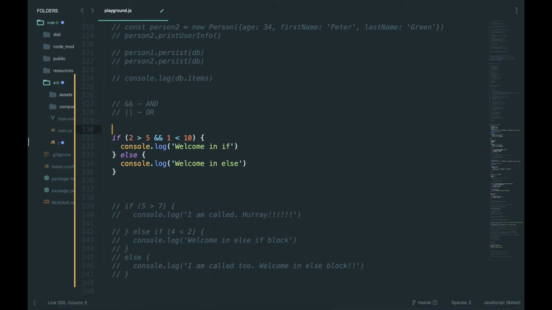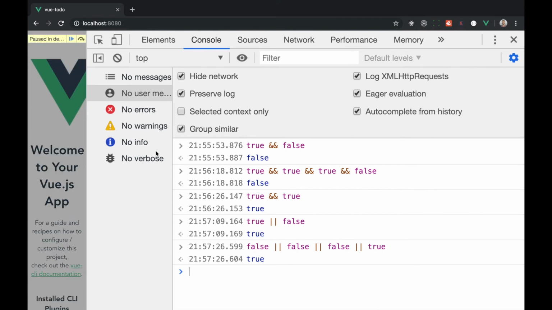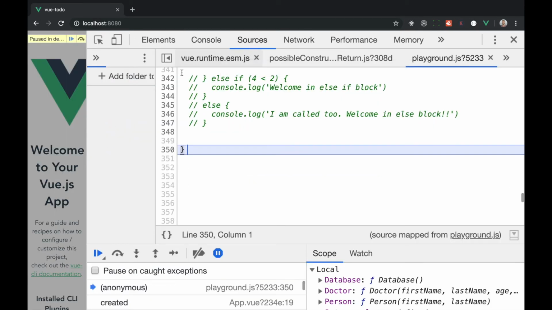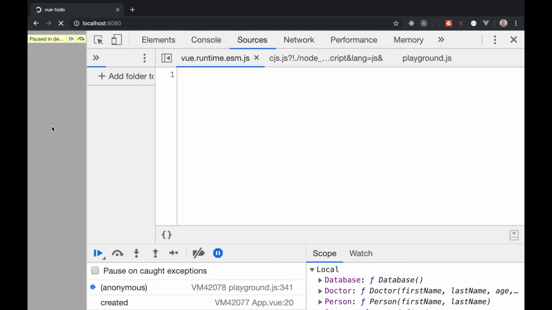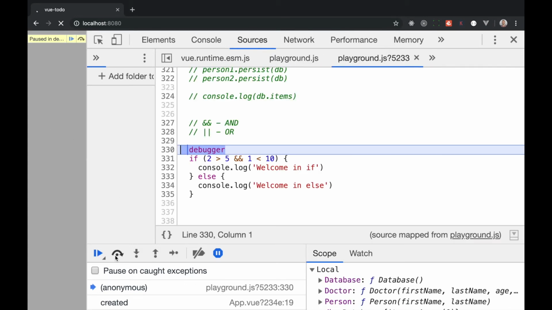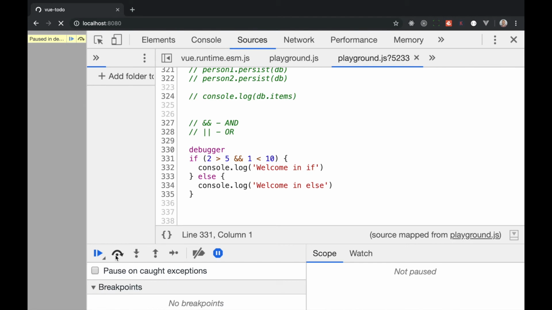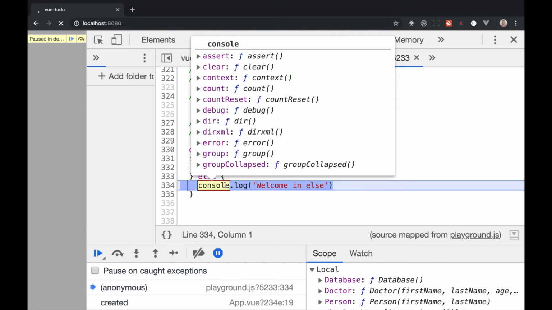Alright, don't forget debugger in the front, and I can tell you this will evaluate into a false because 2 is not larger than 5. So the first expression will evaluate into a false, the second one will evaluate into a true. It doesn't matter, if only one expression is false, this will evaluate into a false, right? So let's see sources. Actually, let's refresh. And you will see this whole expression will evaluate into a false, and we are going inside of an else